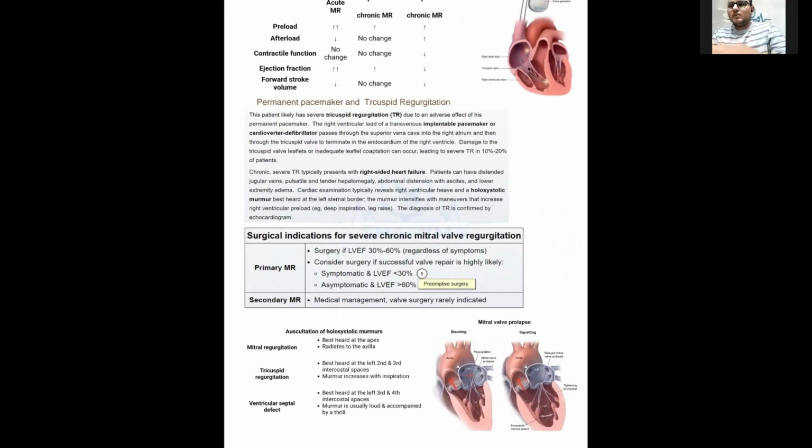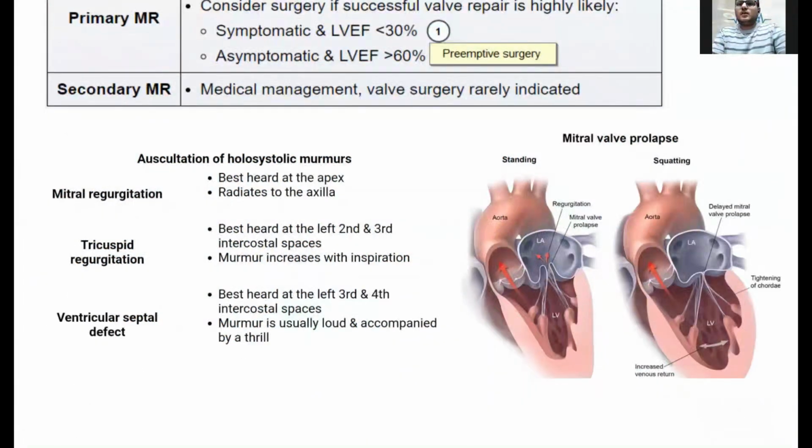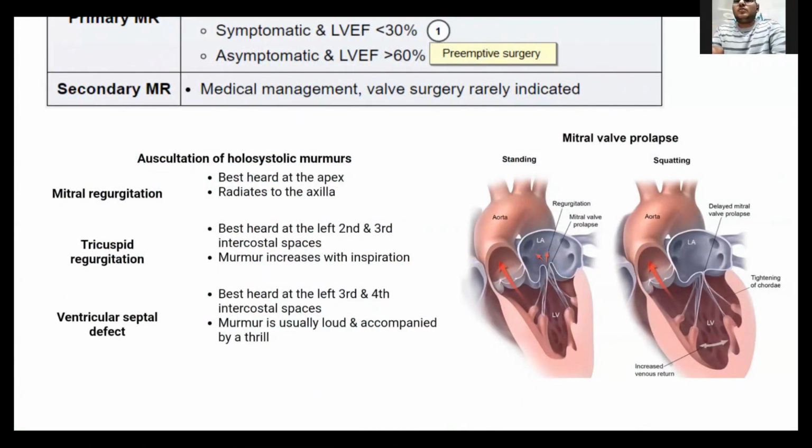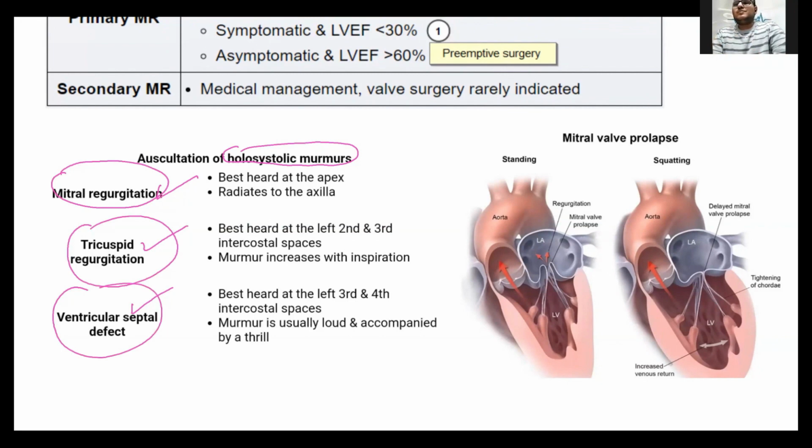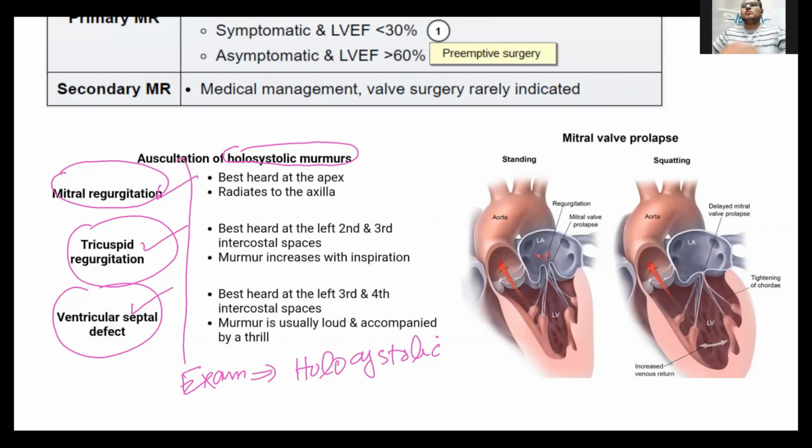ये देखिए, द ब्यूटीफुल टेबल इज हियर, ऑस्कल्टेशन ऑफ हालो सिस्टोलिक मरमर। हालो सिस्टोलिक मरमर में हमारे पास जो मोस्ट इंपॉर्टेंट रिमेंबर रखने वाले हैं वो है माइट्रल रिगर्जिटेशन, ट्राइकस्पिड रिगर्जिटेशन एंड वेंट्रिकुलर सेप्टल डिफेक्ट। दीज थ्री आर हालो सिस्टोलिक मरमर। सो रिमेंबर ऑलवेज, जब आपके पास एग्जाम्स में क्वेश्चन आता है और एग्जाम्स में आपका वर्ड इस्तेमाल होता है हालो सिस्टोलिक, तो आपने आंखें बंद करके इन तीन के अलावा और कोई सोचना ही नहीं।